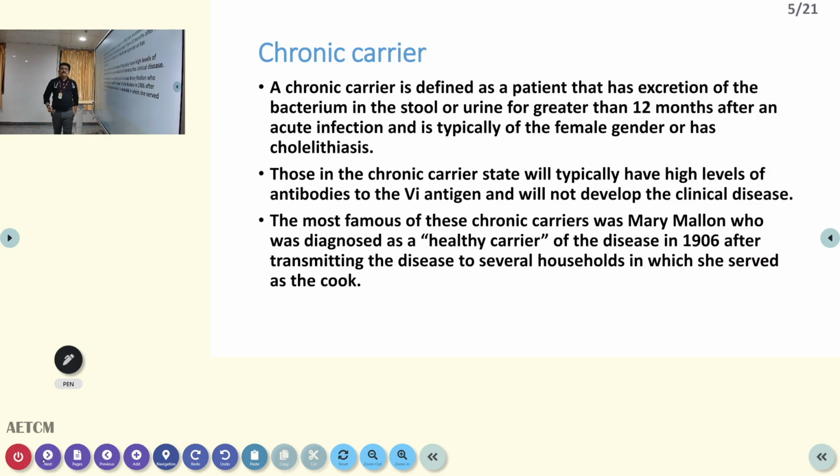Now, the chronic carrier state is seen in many typhoid patients. Nowadays it is less because of effective antibiotic therapy, but even then inadequate treatment or suboptimal management of typhoid can still lead to a chronic carrier state. These healthy carriers can have bacteria in their gallbladder. Through the gallbladder it will go to the intestine, and through the feces this bacteria or spores of this bacteria enter